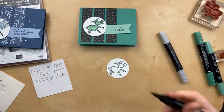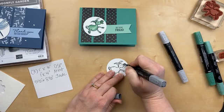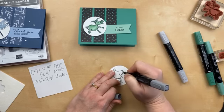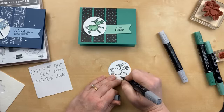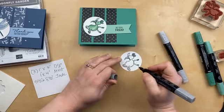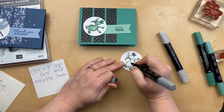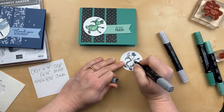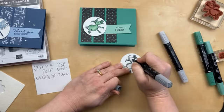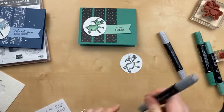I'm going to do the same thing where I start with the darker color and do this area around his mouth. What is that called? The area around his mouth? His mouth, I guess. And then I'm going to go back with the lighter color and color in some more. I am no expert on blends. I feel like I'm starting to figure it out, but